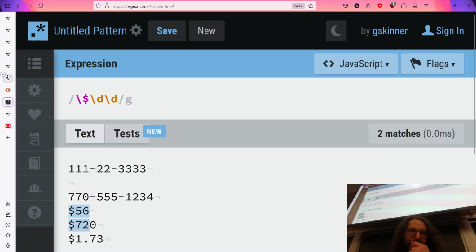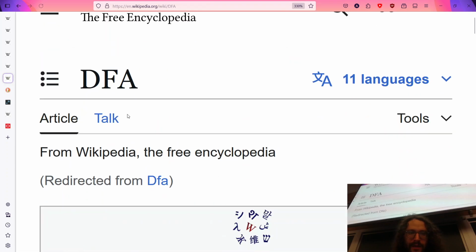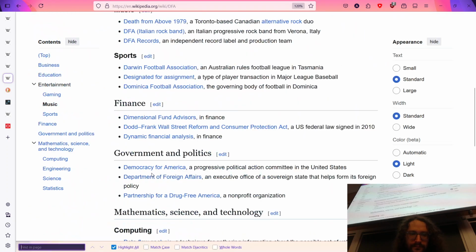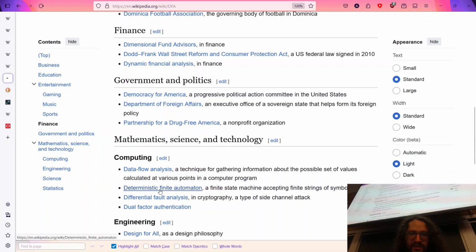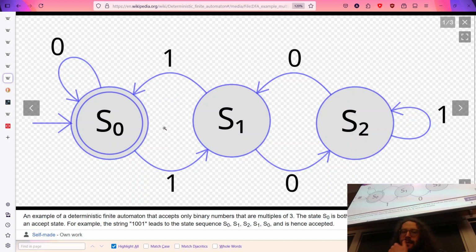What do I mean? DFA, deterministic finite automata. We're doing something that's basically as simple as this. We're basically saying, hey, if you see a 1, go this way. If you see a 0, go this way.